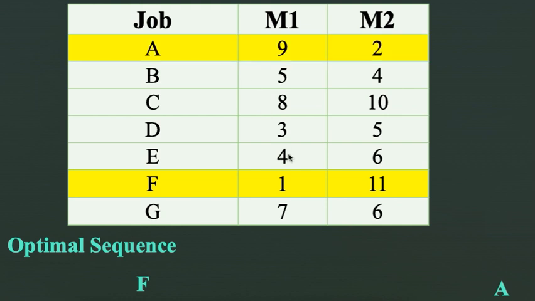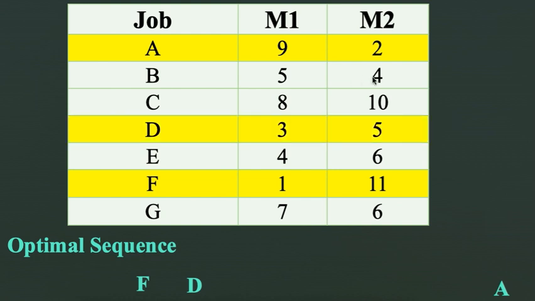Now if we see the next lowest processing time here, what is it? It is 3 hours, right? It is 3 hours on machine M1 and the job is D. So what we are going to do, we are going to put this in the sequence after F on the left side, right? So how we are going to do it? So we are going to put it like this, D. Fine. So now we have how many here? Job A, job D and job F, right? So let us color this job also.